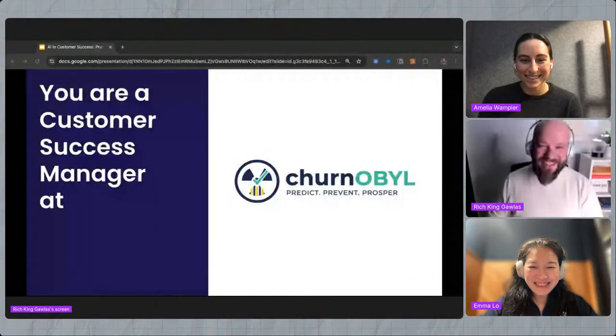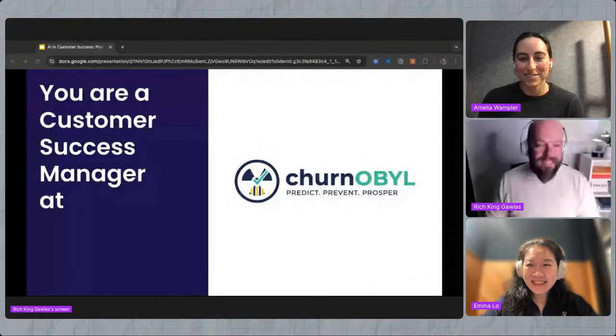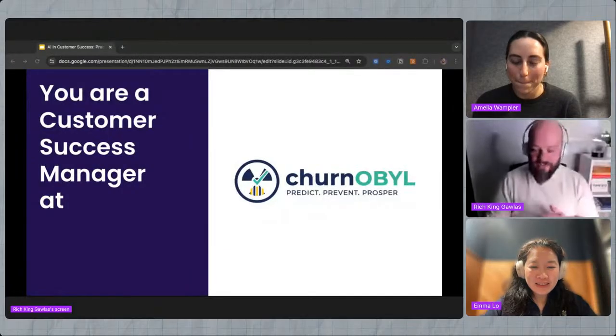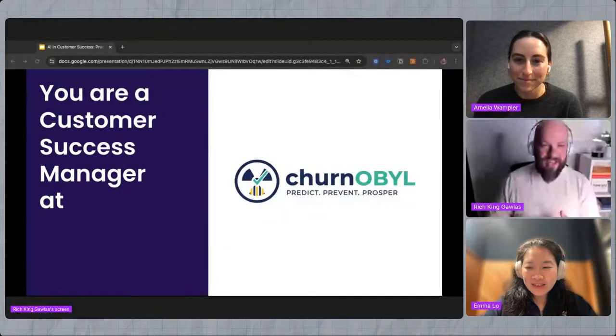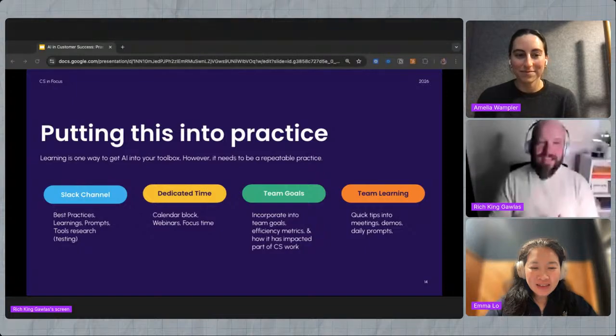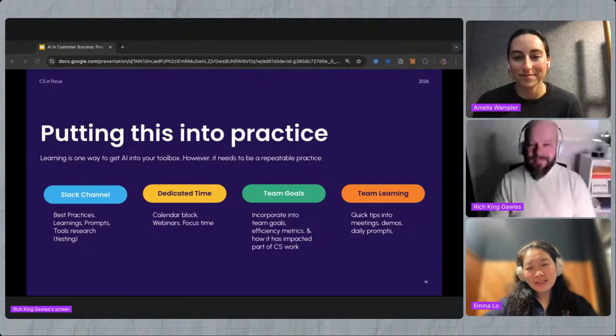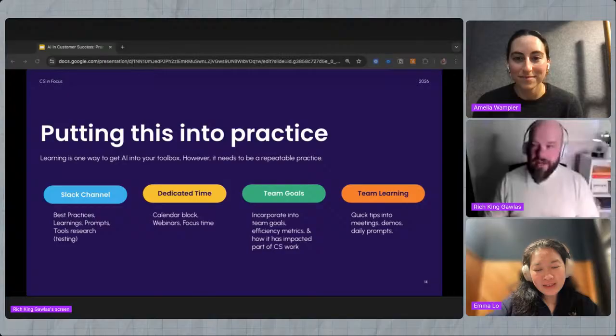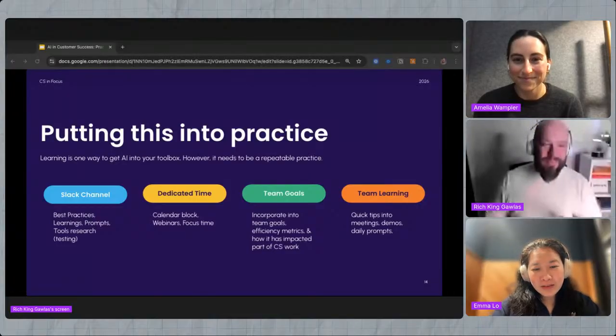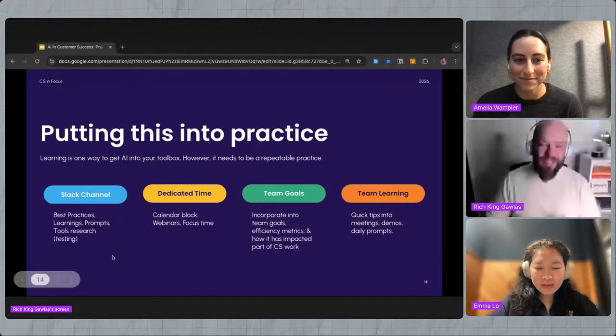I love teaching this. It's so much fun. AI is so much fun. And I hear a lot of the fear around AI, which I understand. AI is creating a shift for everyone at work, but it doesn't have to be nearly as scary as you think it is. Okay, so putting this into practice, a couple things that are really top of mind,